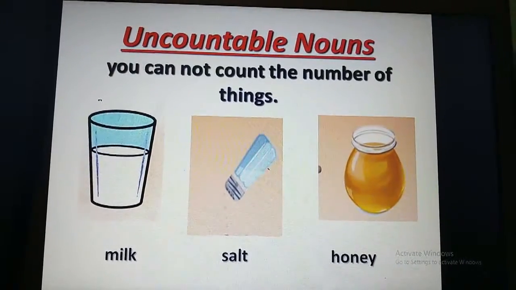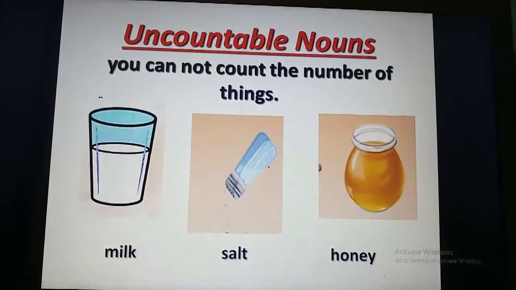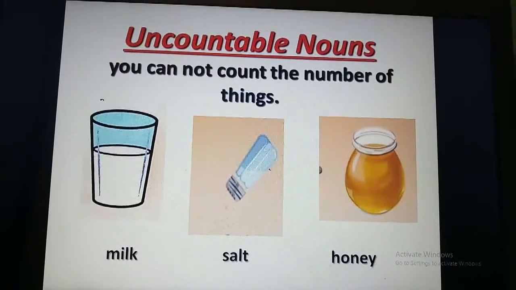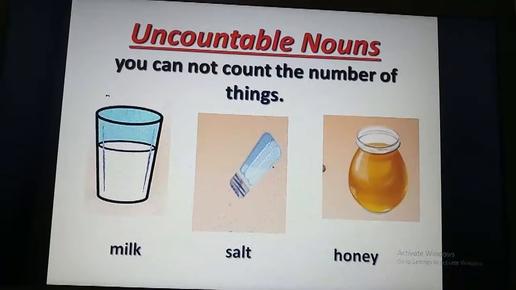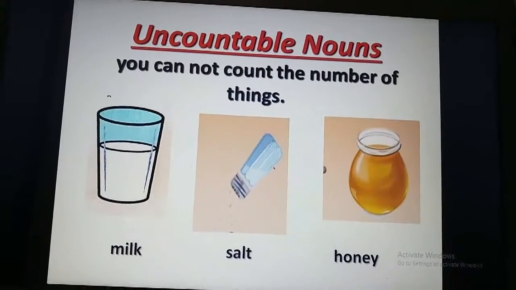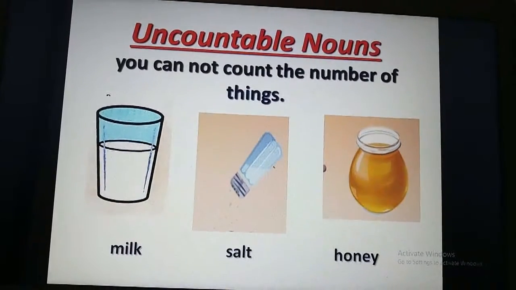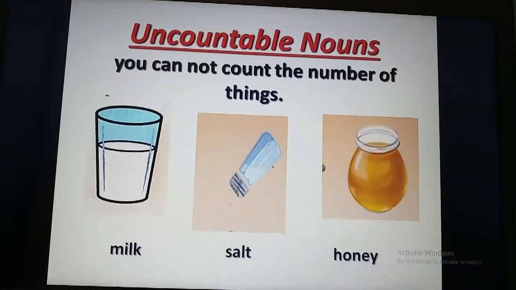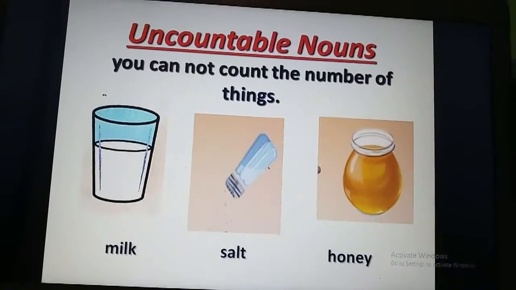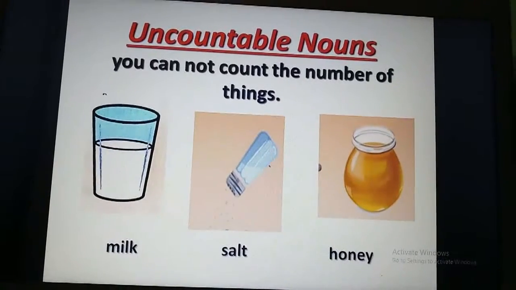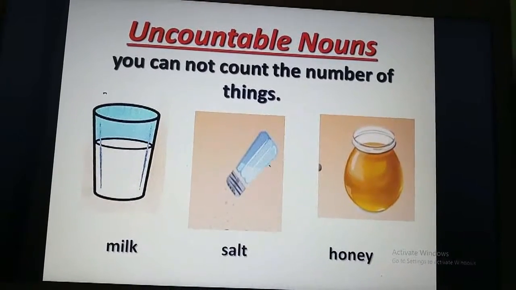Honey. Can we count? 1 honey, 2 honey, 3 honey, 4 honey. No, we cannot count milk, salt and honey in numbers. So, milk, salt and honey are countable nouns or uncountable nouns? Uncountable nouns because you cannot count the number of these things.